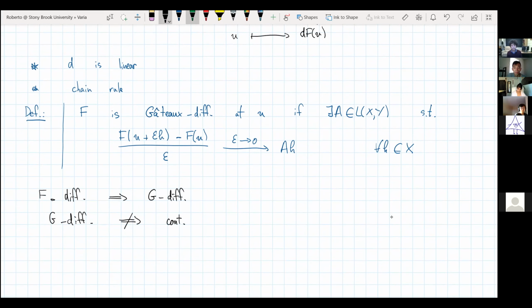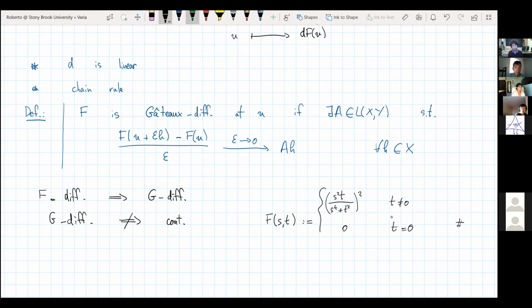And the example is the same. Well, we already have a counterexample in R2. If you take f(s,t) defined to be s squared t over s to the fourth plus t squared for t not 0, and 0 for t equal 0, this is not continuous, but it's Gateaux differentiable. And maybe you have seen this example in